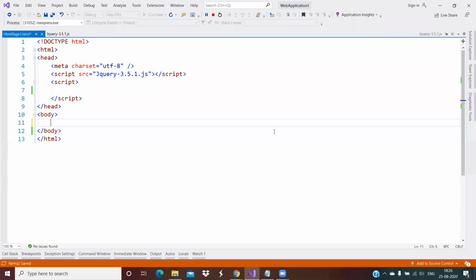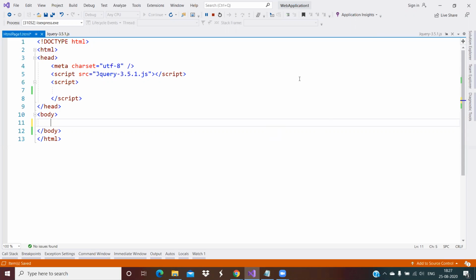Okay, hi all. So today I am giving a small example about jQuery. I create radio buttons like male and female. Whenever users check any radio button, I provide one button. Whenever we click that button, I need the checked radio button value. For that reason, I simply create one HTML page.